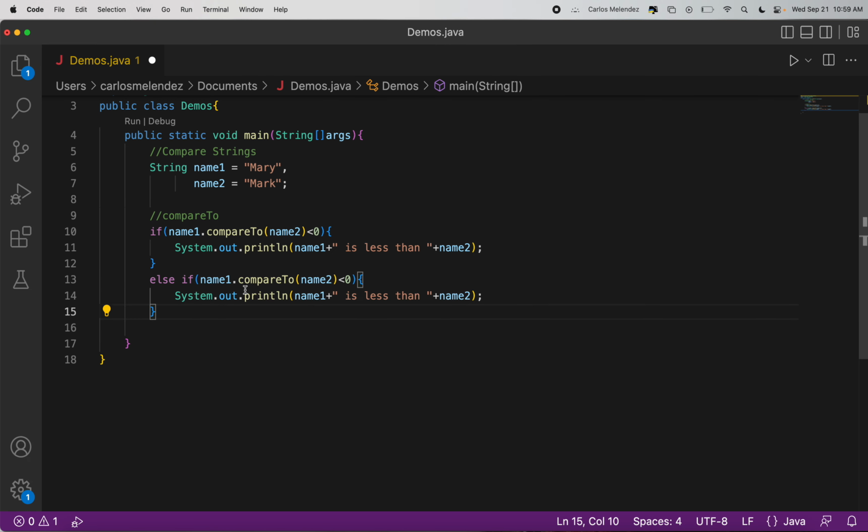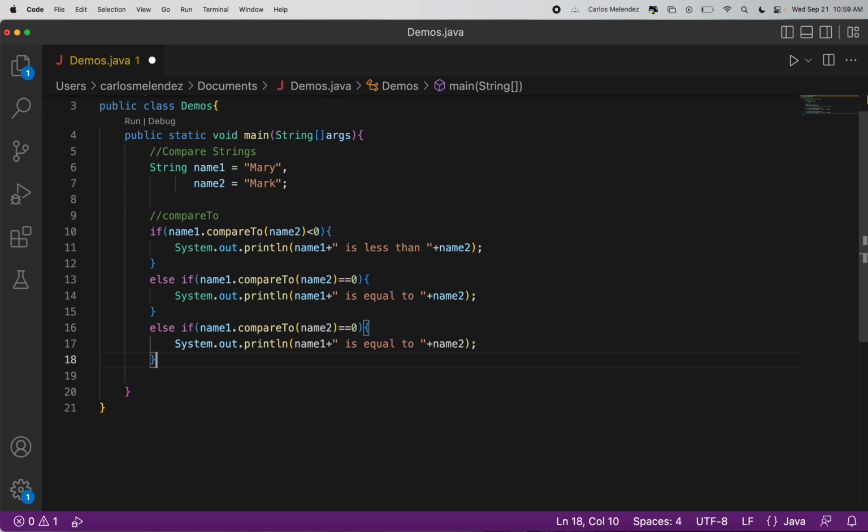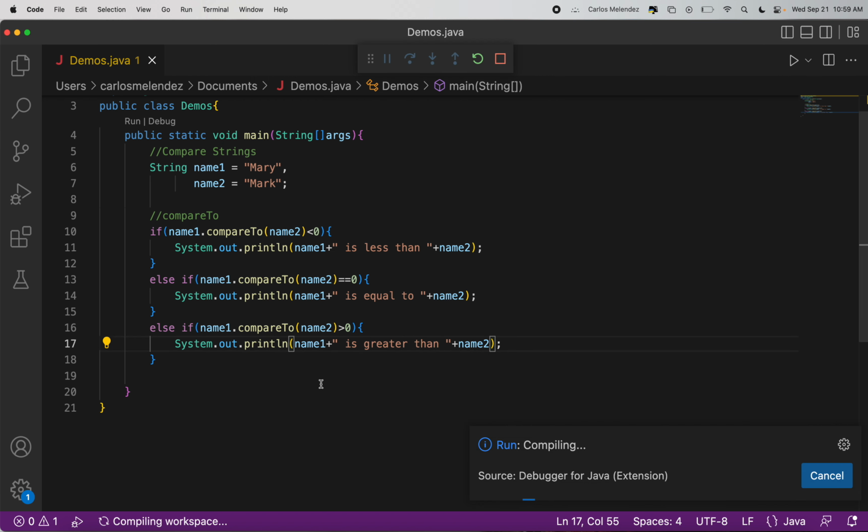Else if name1.compareTo is equal to 0, so that means there's no difference, "is equal to", and then another else if, and this one here, we're saying if it is greater than 0, name1 is greater than name2. So if I just run this now,